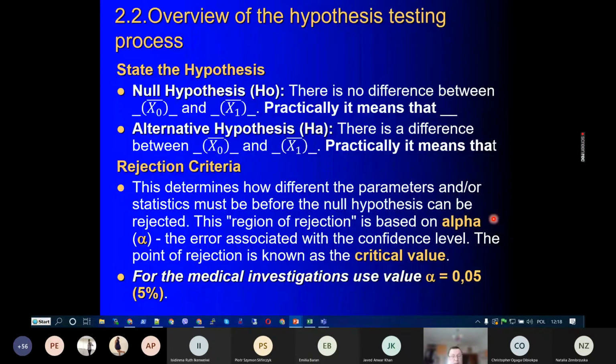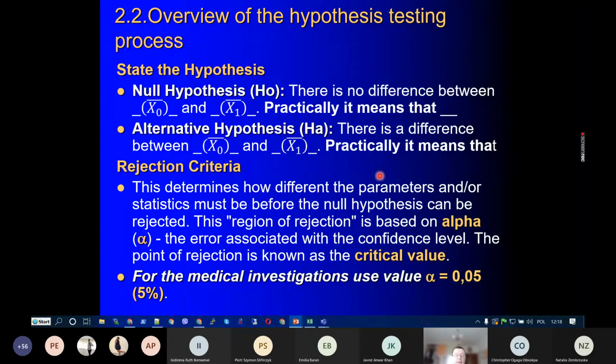So, statement of hypothesis. I already provided some introduction. The null hypothesis mostly says there is no difference between given statistical parameters, and we have to explain what this practically means in terms of our task. The alternative speaks about the presence of a significant difference between given sample and population parameters. Here we have the sample mean usage, and we have to be able to explain practically